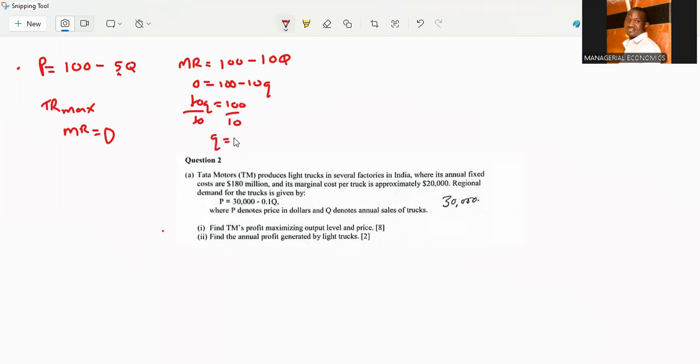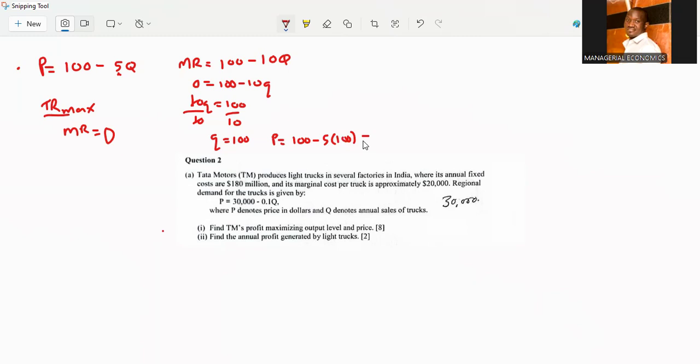So 10 units here will maximize our total revenue. But what is the price that will maximize the total revenue? You substitute in our quantity there. Usually, if it's total revenue, it is half of that. So if there's 100 there, the price will be 50. I'm just giving a preamble. So here, our price would be 100 minus 5Q, where for this Q, we put a